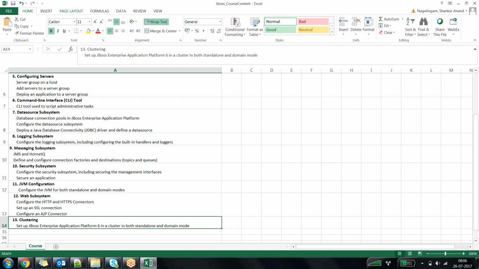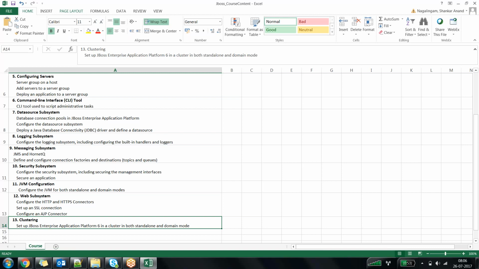Round the clock, 24 by 7, at any point of time, if you try to open facebook.com, it never says, sorry sir, the site is under maintenance, please reach us after some time. It is 24 by 7 available. It never says the site is down.